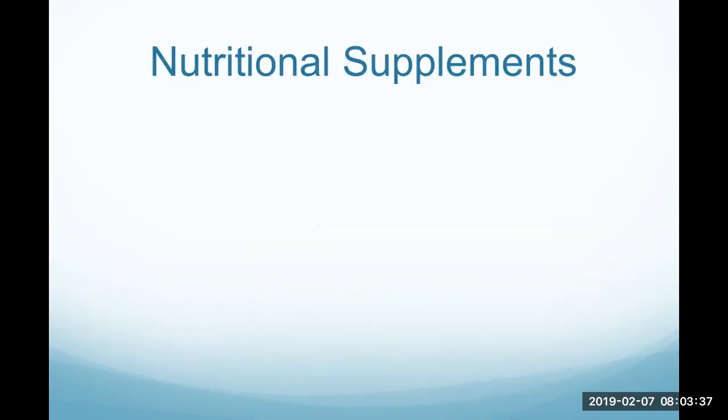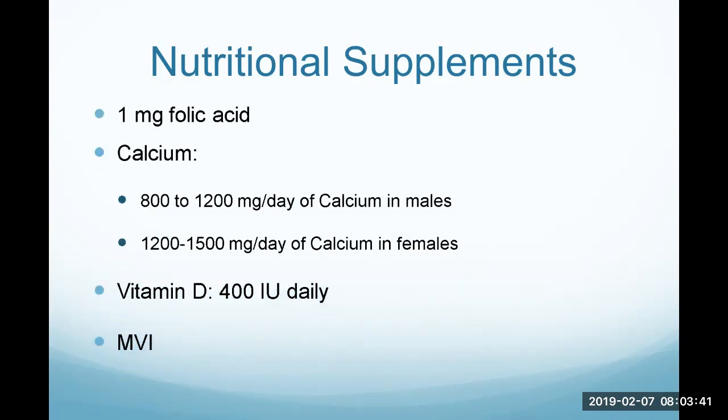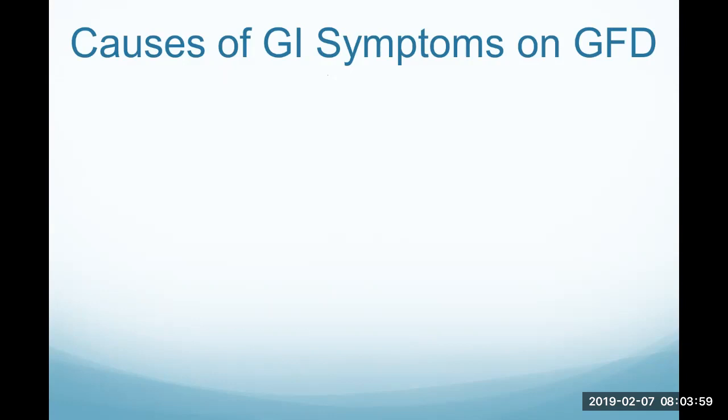Once diagnosed with celiac disease or once on a gluten-free diet, we have to supplement them because it's hard to get all these things in place. We need to make sure they're having adequate vitamin D, adequate calcium, folic acid, and sometimes we just decide on placing them on multivitamins along with other things. We do closely monitor all these levels, initially every 6 months and then every year.